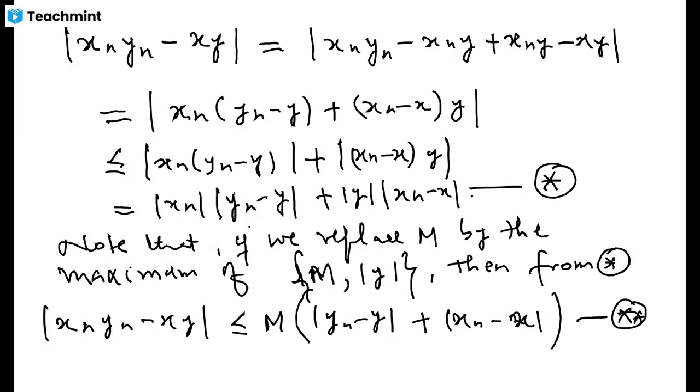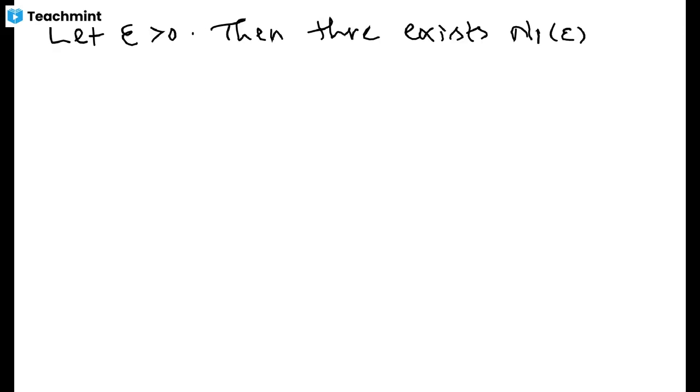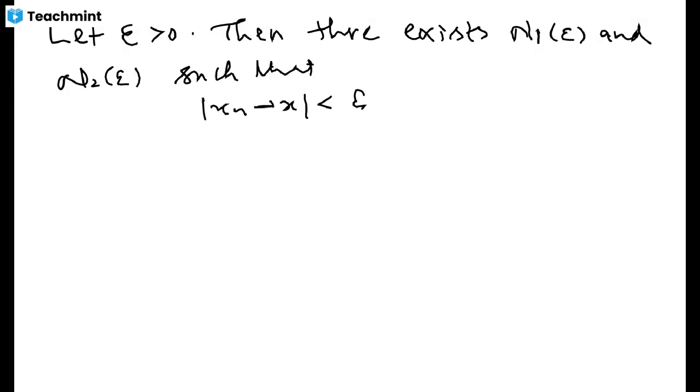Now we have to go back to the convergence of these two sequences xn and yn. So let us begin with some arbitrary number, as we have to establish the convergence of the product of the sequences, and let epsilon be greater than 0. Then by using the convergence of xn and yn, again I will get natural numbers, or positive integers, as you call them. There exist numbers n1 depending upon epsilon, and another number n2 depending upon epsilon, such that I will have mod of xn minus x less than epsilon times m by 2